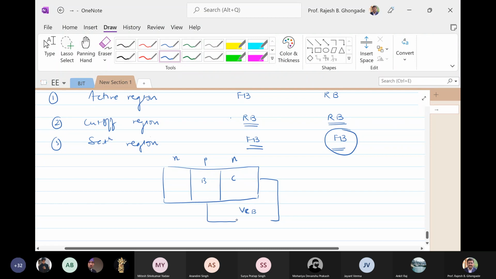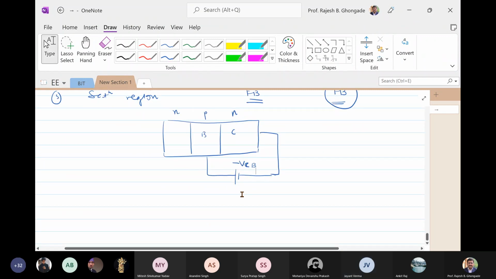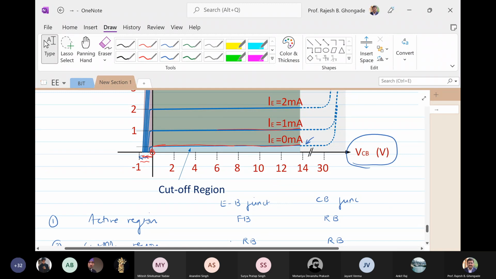ये उल्टा करेंगे, यानी ये VCB क्या हो गया? मैंने निगेटिव कर दिया। समझ में आ रहा है कि नहीं? तो दिस इज रिप्रेजेंटेड बाय दिस पार्ट।